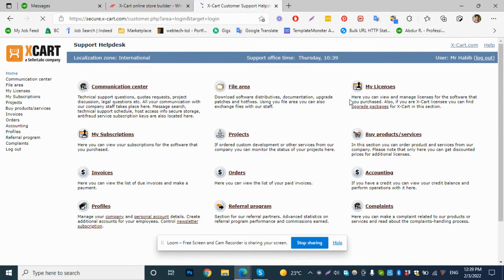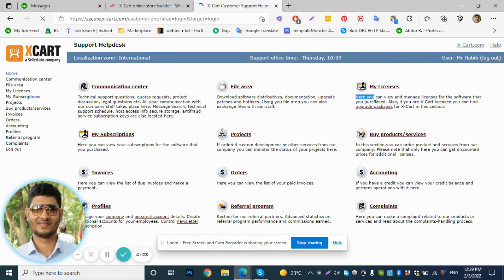Okay, now you can see my licenses. Here you can view and manage the licenses of the software that you purchased. Also, if you have an Xcart license, you can upgrade this version. You can go to the license,